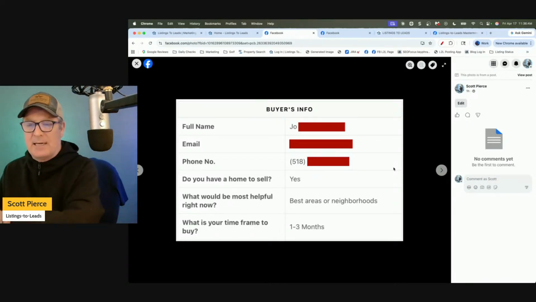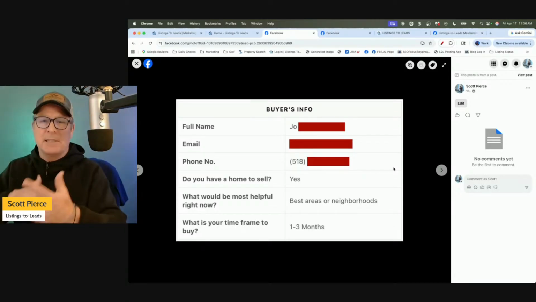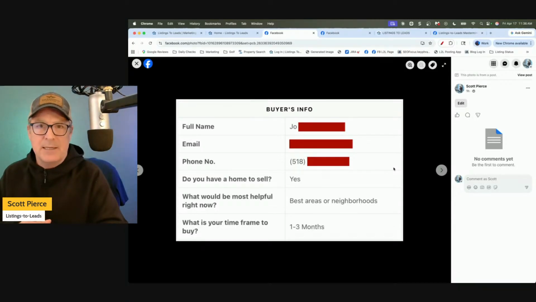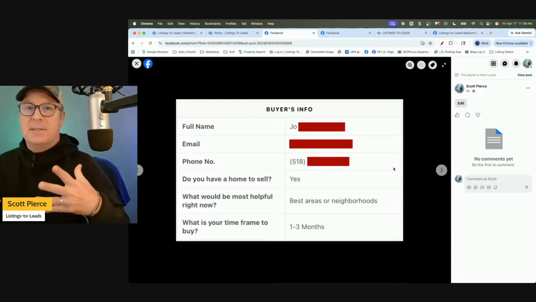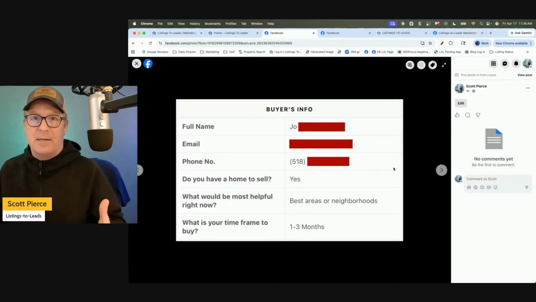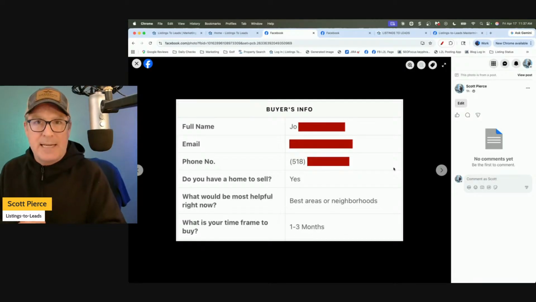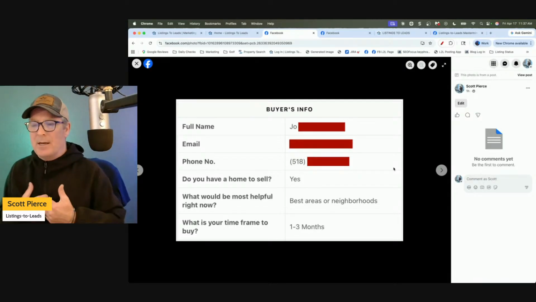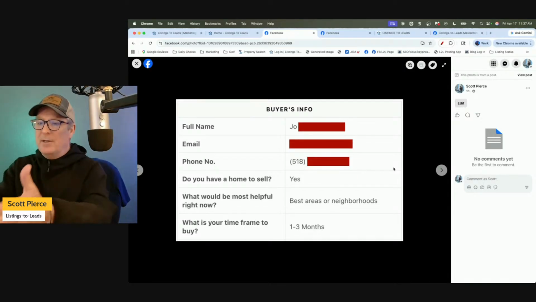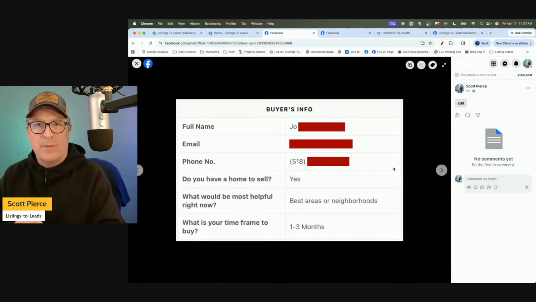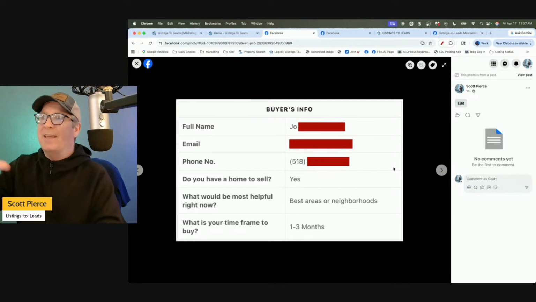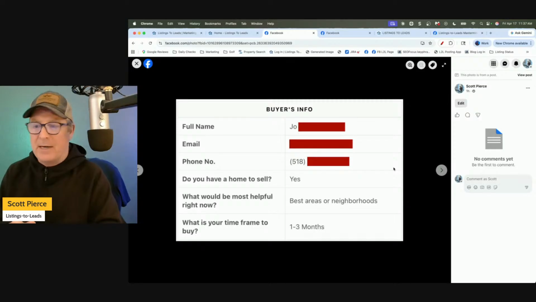Are you looking to sell that before you buy or after you buy, or is this going to be something that's going to happen simultaneously? Because if so, I can definitely help you out with that and make sure that we dial everything in appropriately so that it's as little stress and hassle for you as possible. Again, I want to come in here understanding a little bit about what's going on with them and try to think ahead on how I can make their life easier, how I can make their life better.